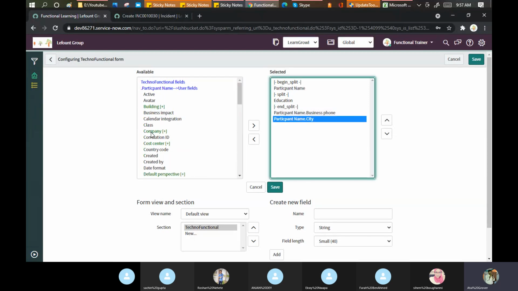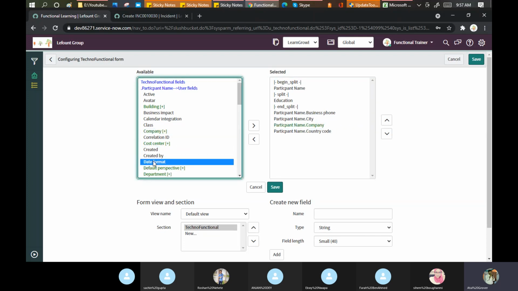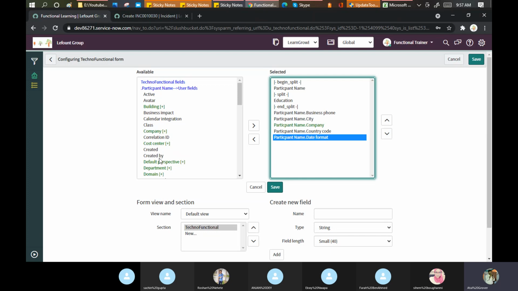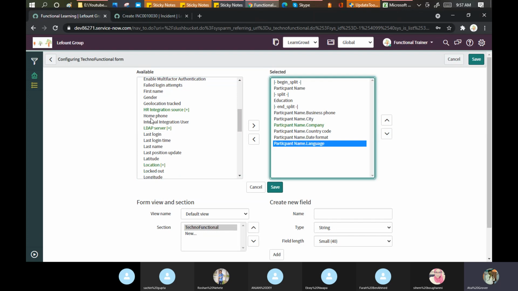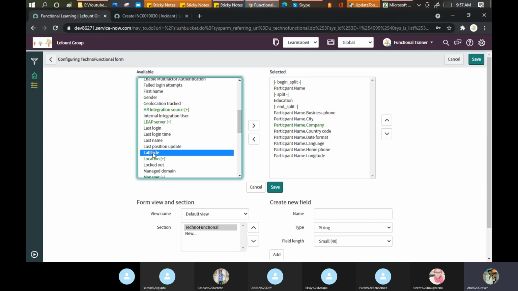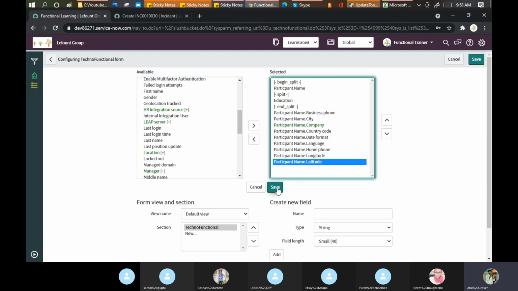I want the city of that user. I want the company of that user. I want the country code of that user. I need the date format of that user. Okay, that's all for me. Now I need the language of that particular user. I need the home phone number of that user. I need the longitude and latitude of that user. Let me click on save here.